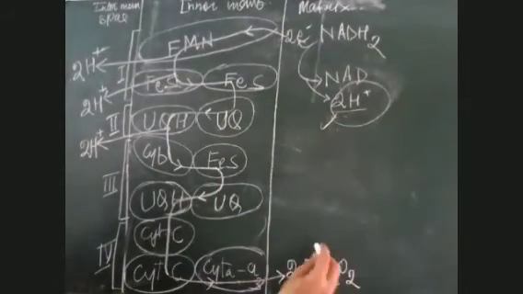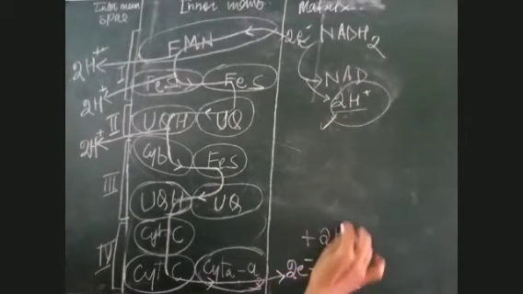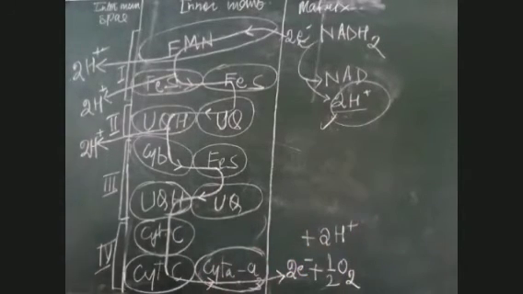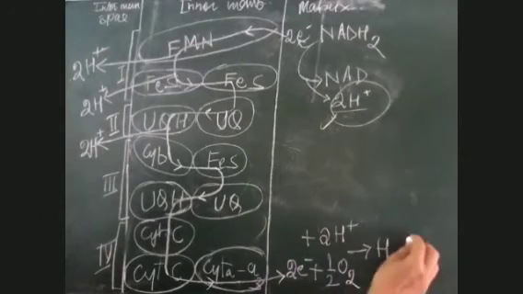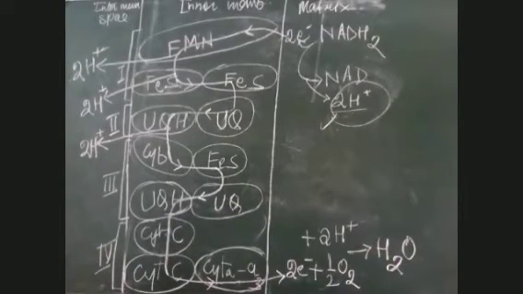Of course, the matrix has protons also. So when the electron, which enters the matrix through the electron acceptors and has lost almost all its energy, combines with one atom of oxygen plus protons, it forms a water molecule. One water molecule is given here, H2O, and this way the process ends.